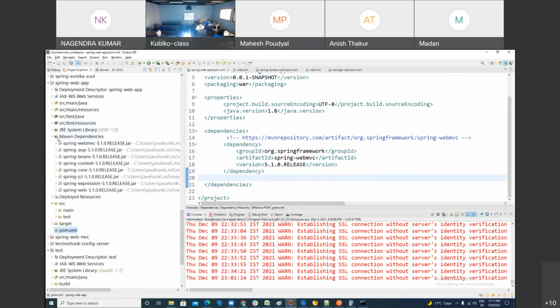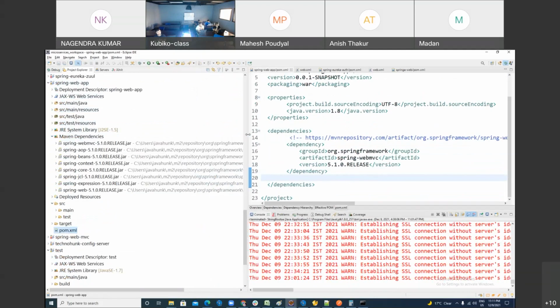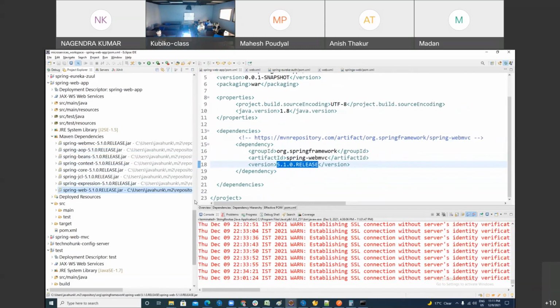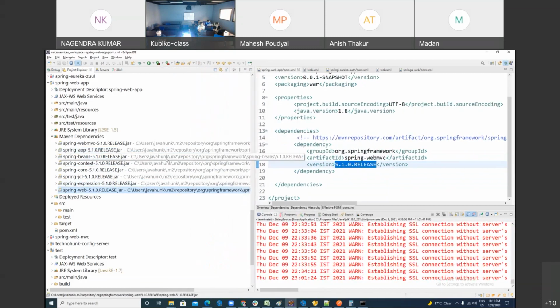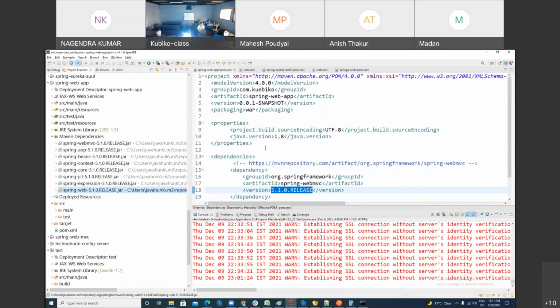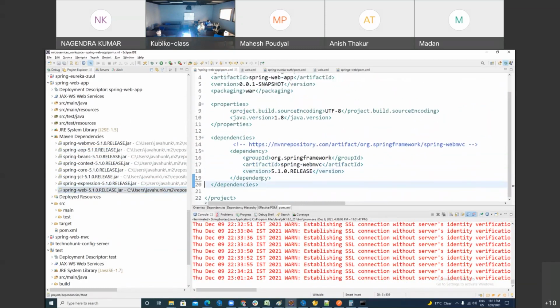My dear, are you with me? You see? Magic? You just added that you want to download this spring-webmvc dot jar, and it is able to download other jars as well: Spring Core, Spring Context, Beans, AOP, Expression, Web. Nice. These jars are downloaded from the internet into your C users username .m2 folder in your computer. Automatically they are placed in your class path. You got the magic of it or not?